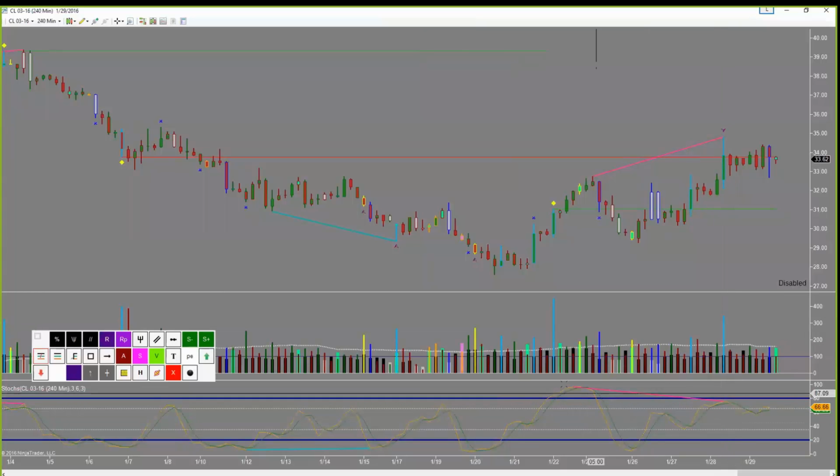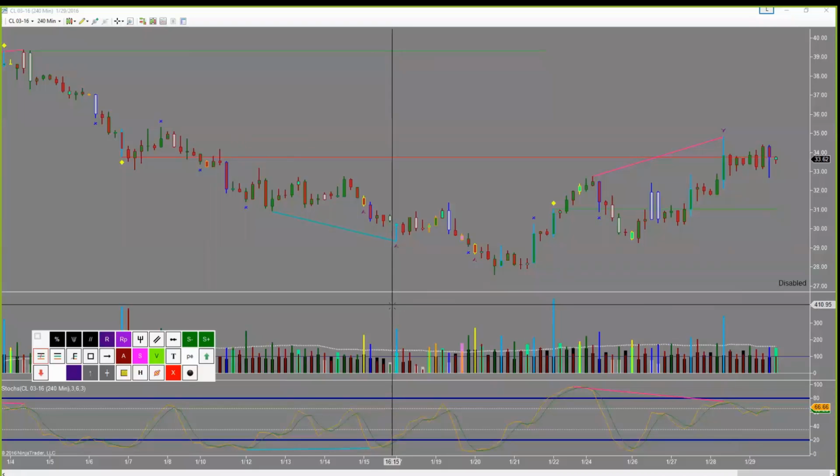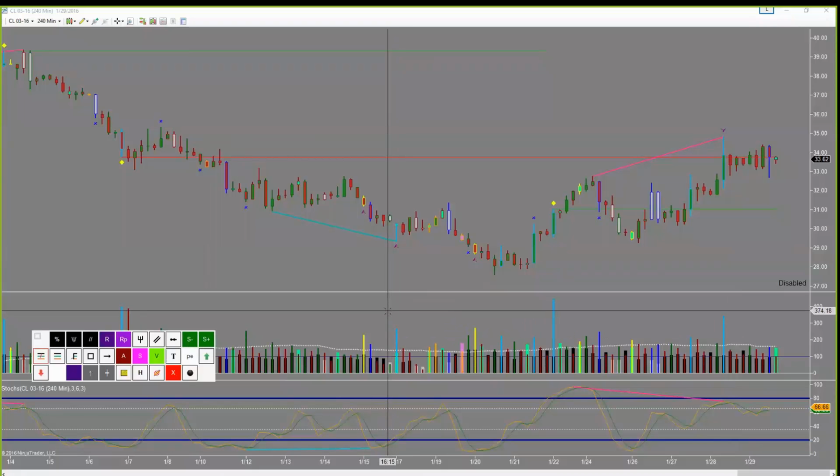And then we also use the divergence and either momentum or stochastics or both to help confirm the areas, and then volume on the tick charts as well, and something called volume per second. So I'll get into all of that in a moment. And typically, if I'm looking for a trade at a much higher time frame, such as the hourly or the 240 minute, I'll wait for something called volume divergence on the faster charts, like on the 3 minute or the 1 minute or the